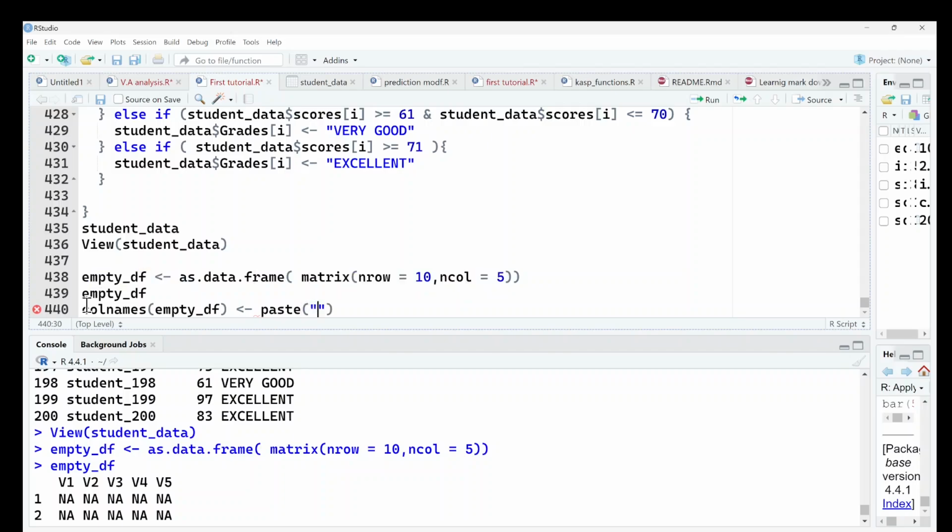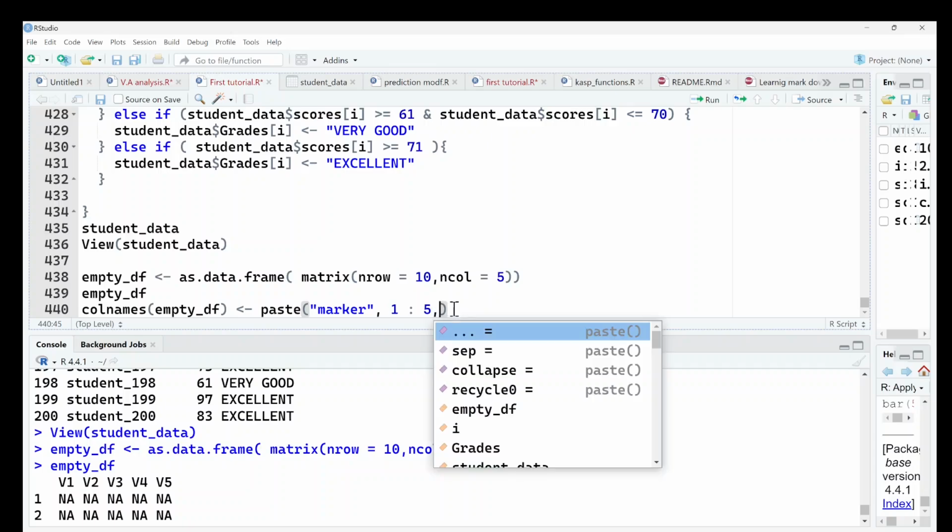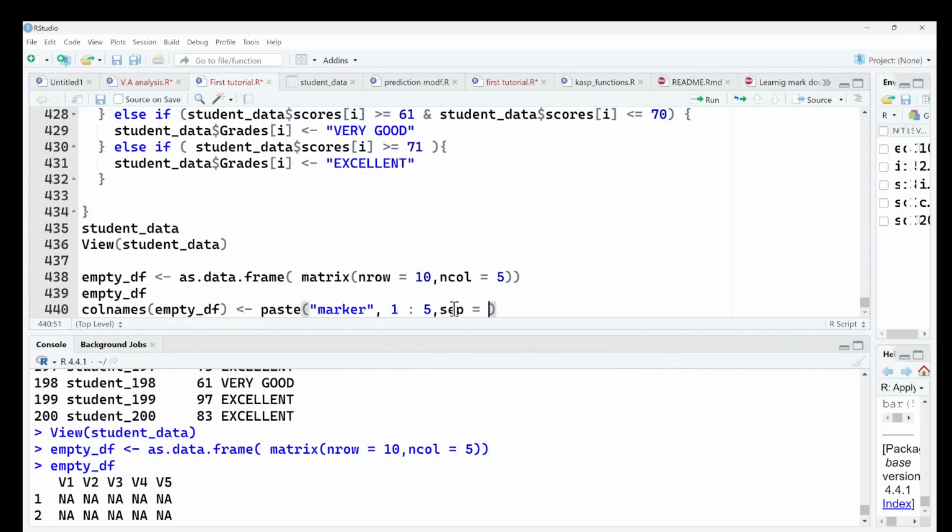I said it's going to be marker 1, right? So marker, and we're going to make it from 1 to 5, because the number of columns we have is just 5. We could include a separator, and the separator is going to be, let's say, a hyphen. Good. So when we run this,